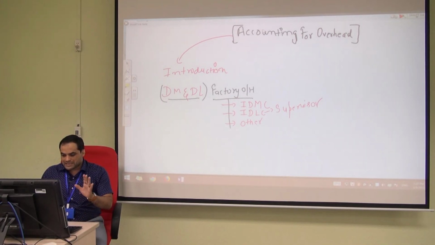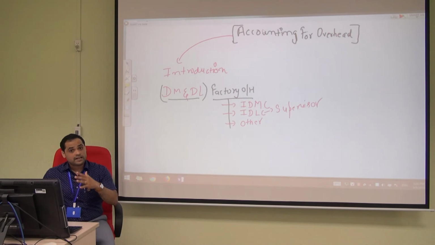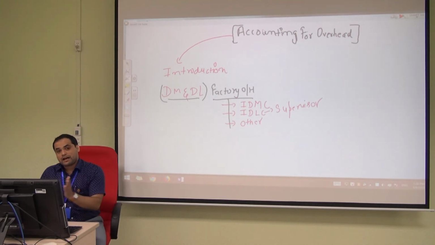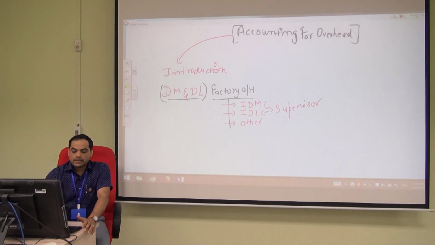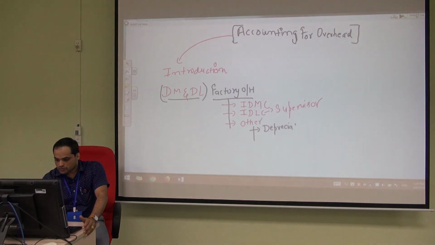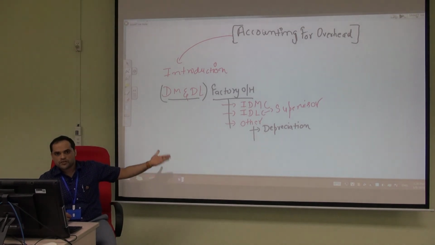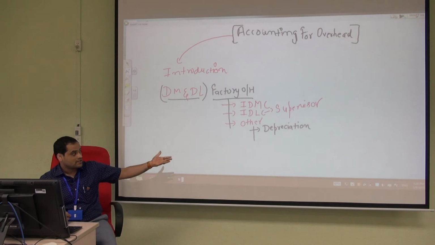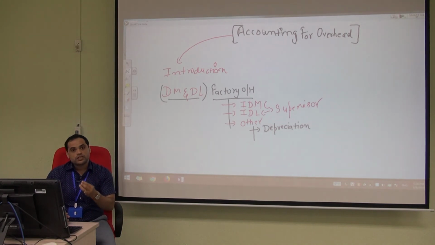So apart from indirect material and indirect labor, we have some other indirect costs as well, which cannot be categorized as indirect material and indirect labor because of the nature. So what are the examples of other indirect cost? The first one could be depreciation. You know over the period of time, the value of assets goes down, it depreciates. So the cost of depreciation of the assets which are used in a factory. So depreciation is another component of the